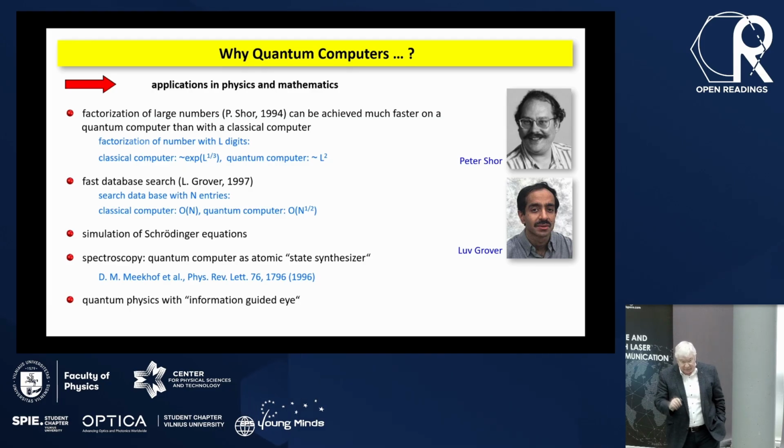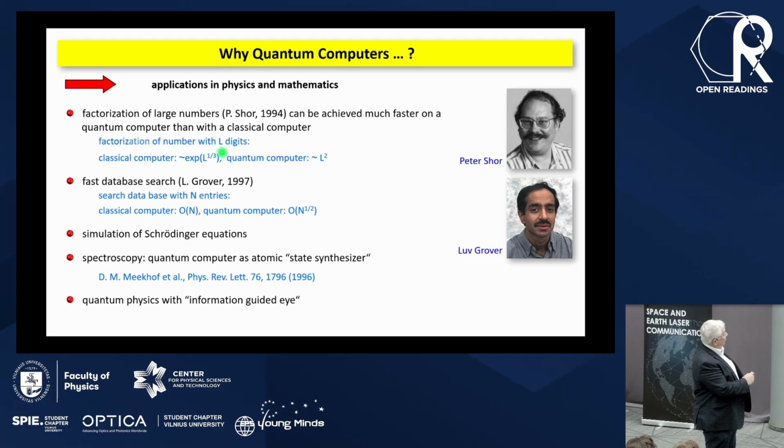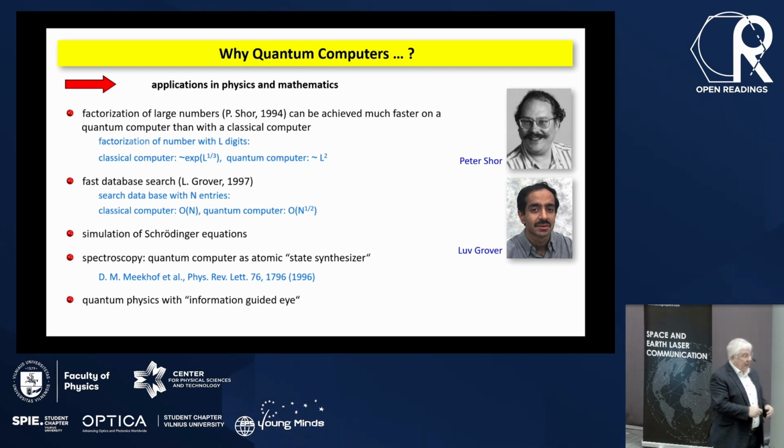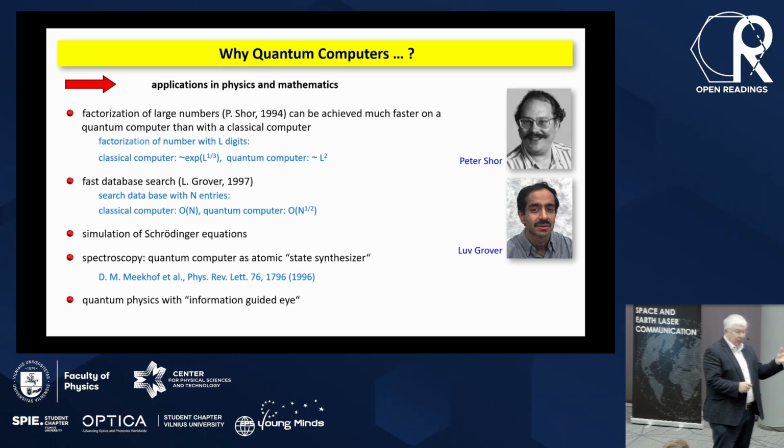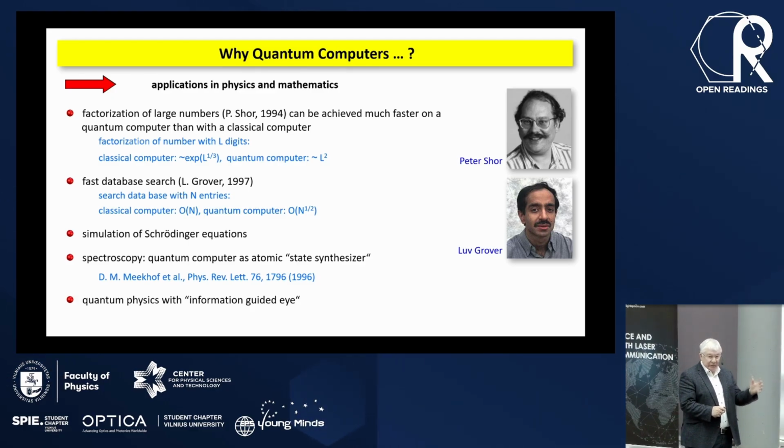The entire hype that we see these days about quantum computing started around 1994 with an algorithm that was invented by Peter Shor from AT&T in 1994, in which he showed if you had a quantum computer, you could factor a number with L digits much faster than on a classical computer, where the length of the numbers plays a role. So the efforts that you need to do that on a classical computer grow exponentially with the length of that number, whereas in a quantum computer, they grow only polynomially. That has some effects on cryptography, especially RSA, DES, AES encryption that is used every day when you convey your emails or you make just a